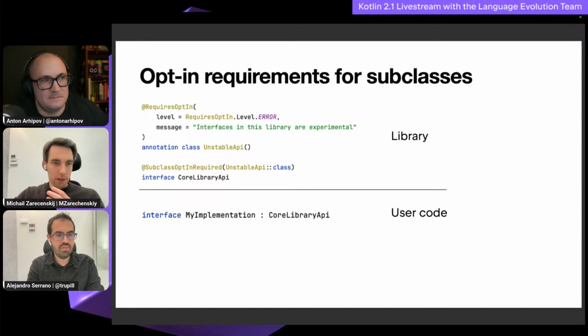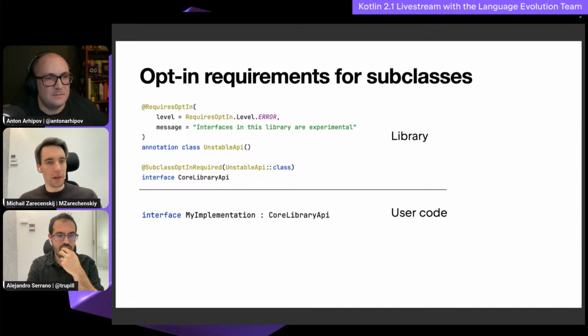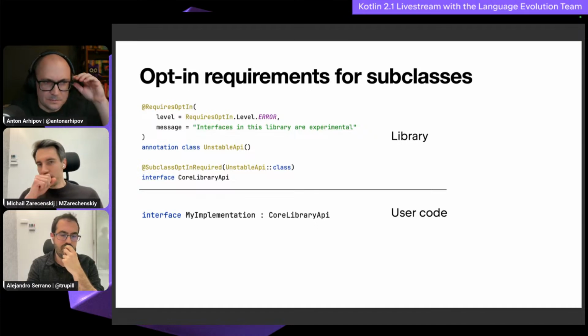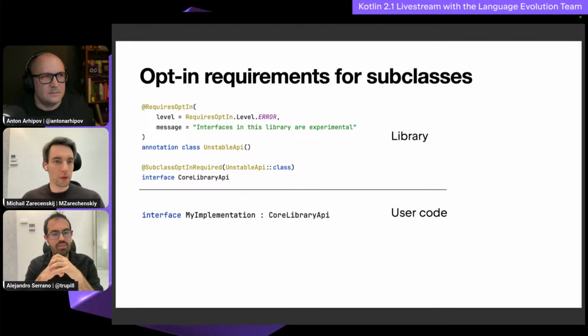However, as an API author, I might want to add another abstract method to it, which could break existing users who have implemented this class. So what this annotation is actually doing is allowing me to mark my class as stable for use, but it will issue a warning if one wants to inherit from it. This way, my users are safer in terms of compatibility, because they can still use it and call methods and get all the fixes. But at the same time, they will be warned if they want to inherit from such a